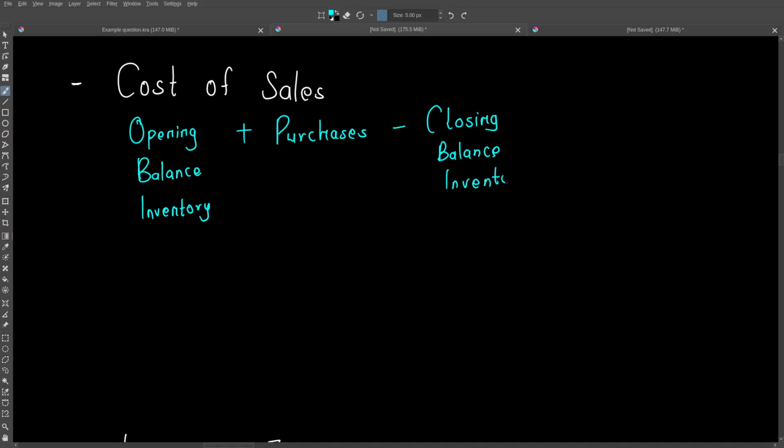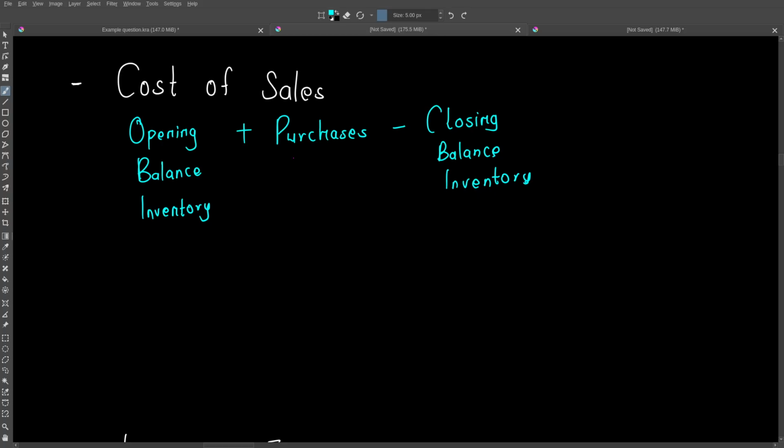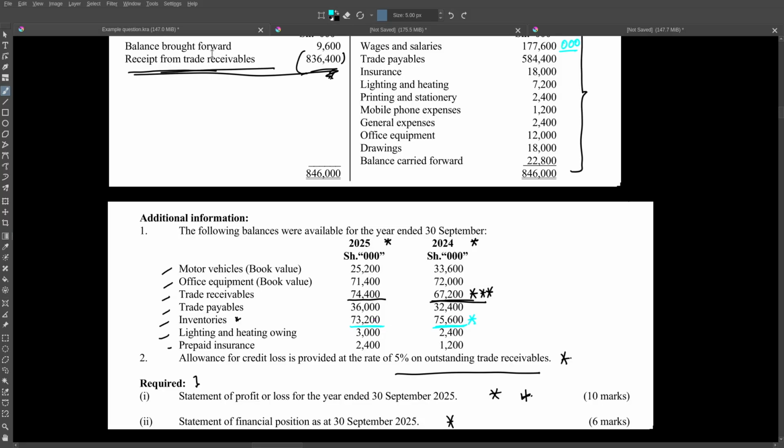From the information given, you can see our closing balance is 73,200, and this is the closing balance as at 30th September 2024, and it is the opening balance for this period. So we have 75,600 as our opening balance, and we have 73,200 as our closing balance during the period. So what is our purchases during the period? When we look at the information given, we have been told